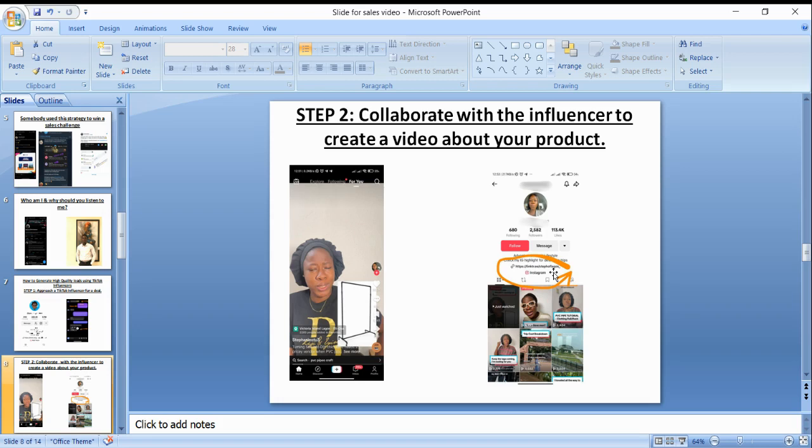Click on the link in my bio to know more about affiliate marketing if that is what you are selling. Irrespective of what you are selling, at the end of the day, you are simply going to tell the influencer to put the link to either your WhatsApp, your email marketing funnel, or whatever funnel you are using. You tell the influencer to put it on their bio. You understand? That is that about that.